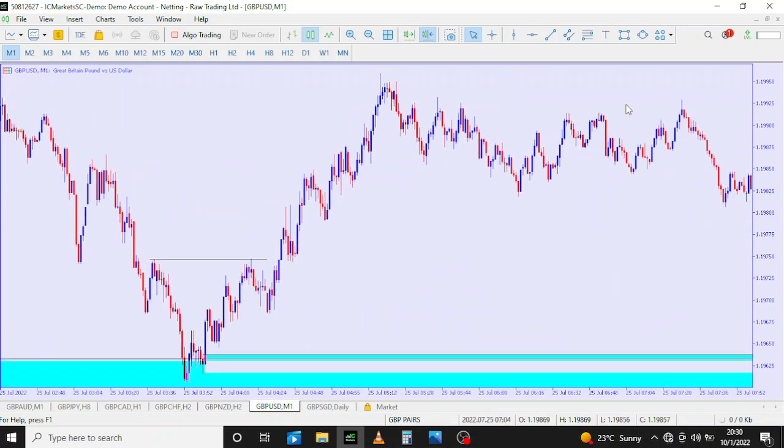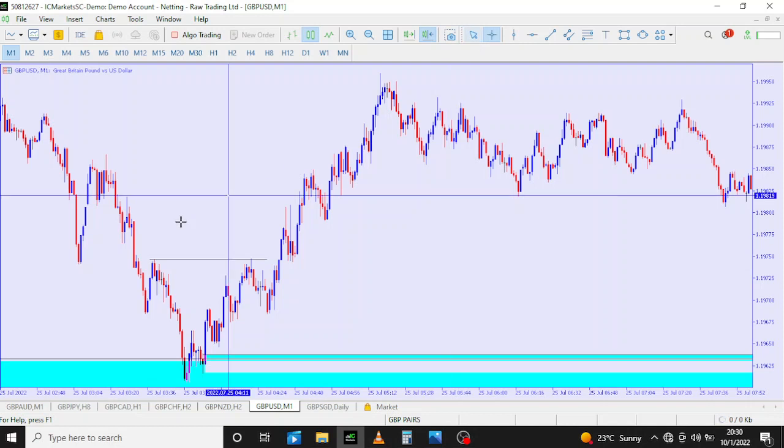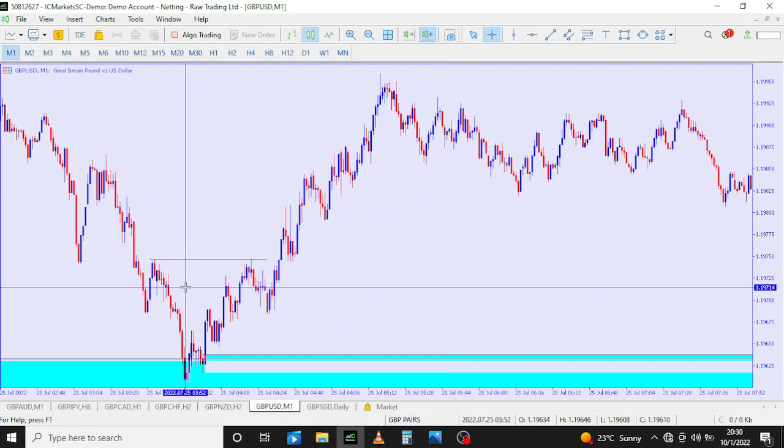You see, now we get to time session. You see, the price mitigated our point of interest during, if I'm not mistaken, a Tokyo session. Tokyo, Sydney and Tokyo